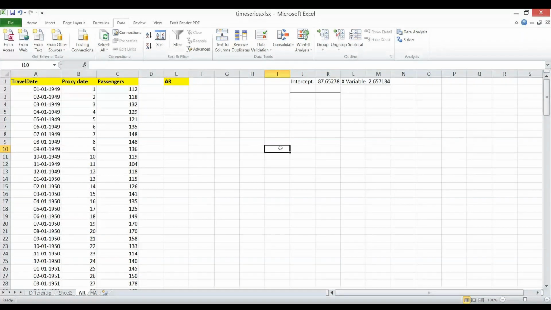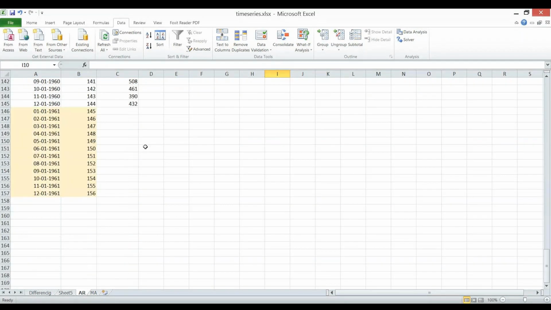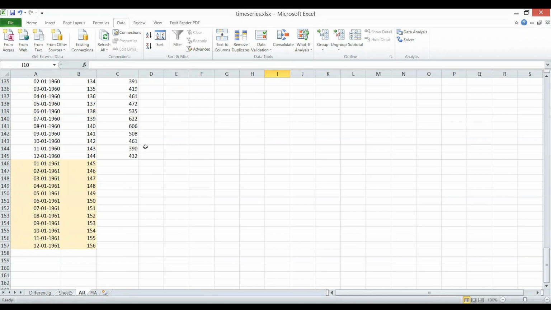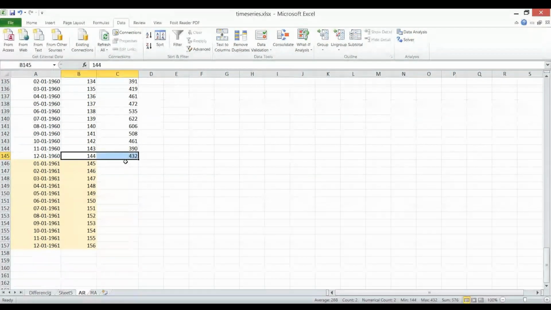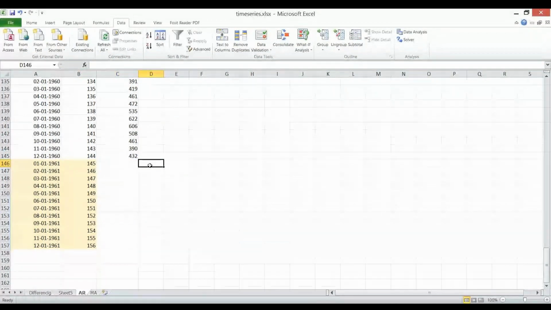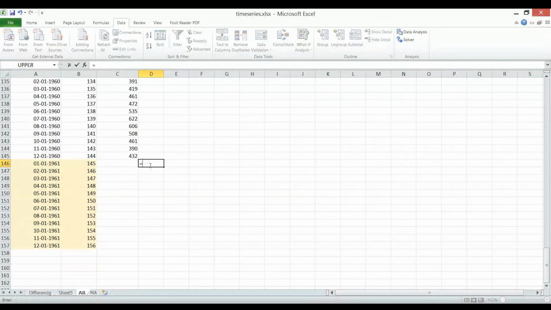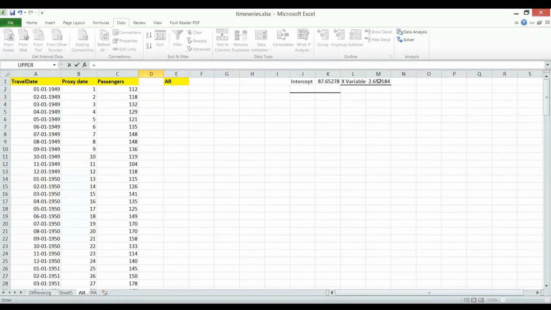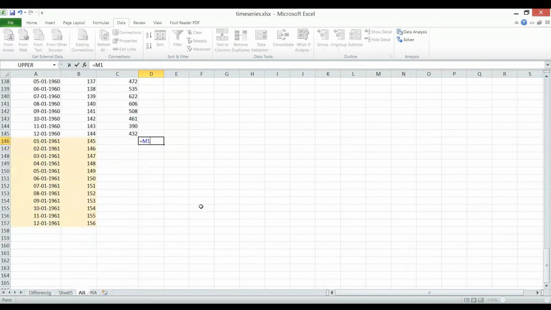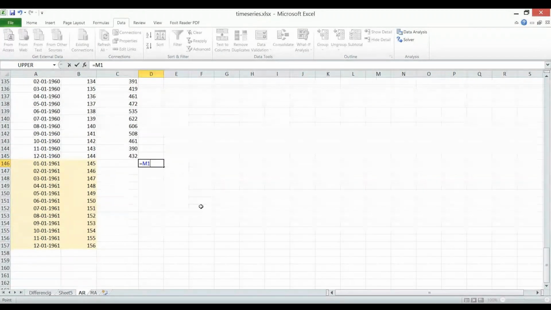So now we have the values till the 144th day. Now I want to make a prediction for day number 145. So how do we do that? I told you the formula, that is mx plus c. So what is our m here? This value, 2.6. Okay? And what is our x? So x will be, let me just